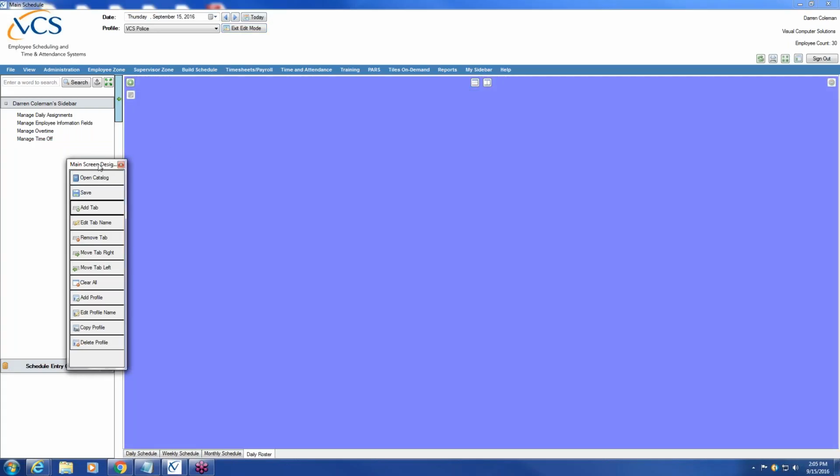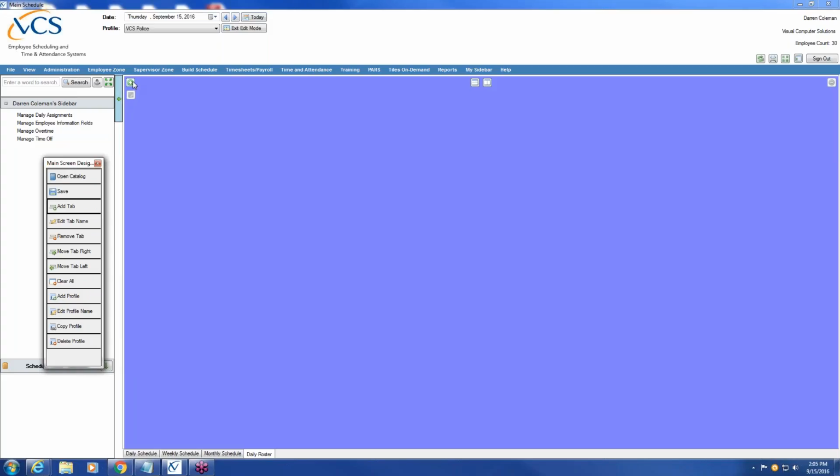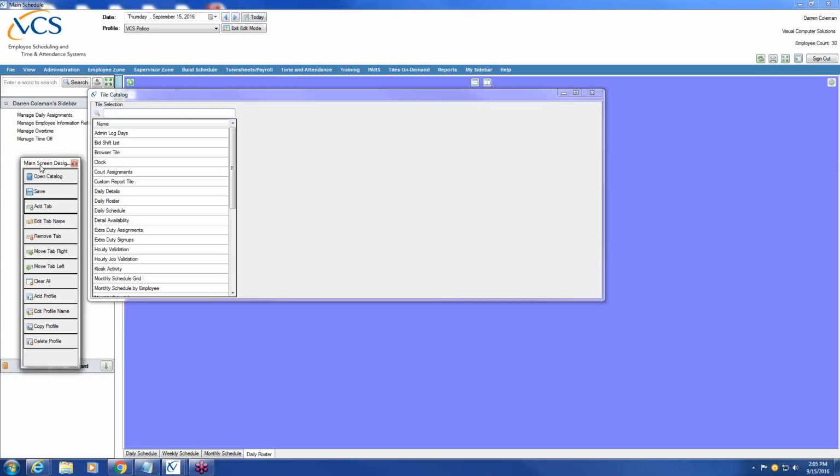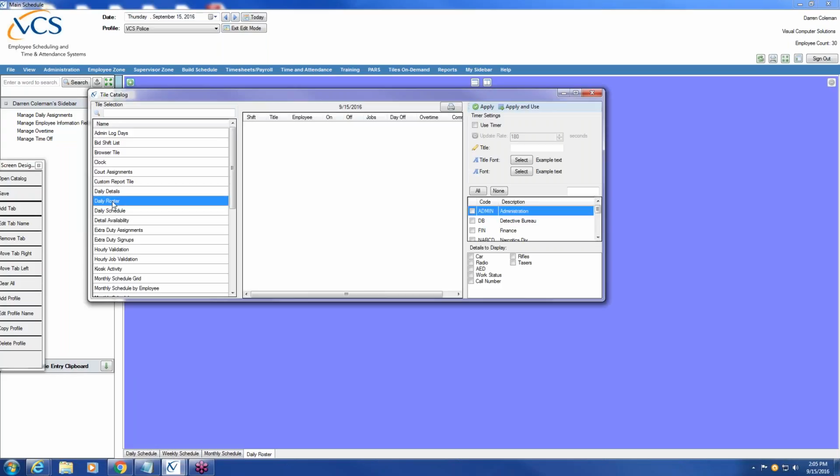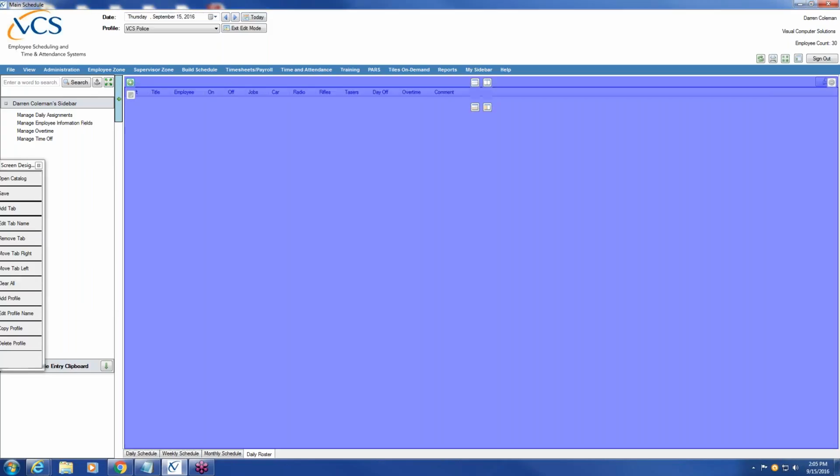I'll add a new page, and when I click on the green button, there's an active tile already called daily roster. So I'll use the timer. I'll select all of the groups, and then I'll select which job assignments or schedule details I want included in that roster. So when I click on Apply and Use, and let's